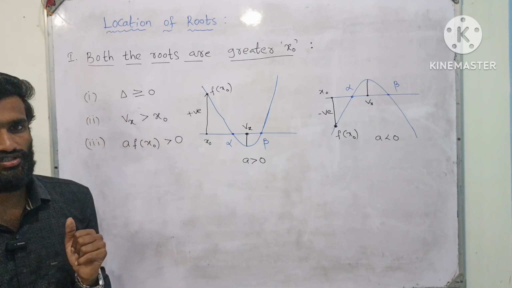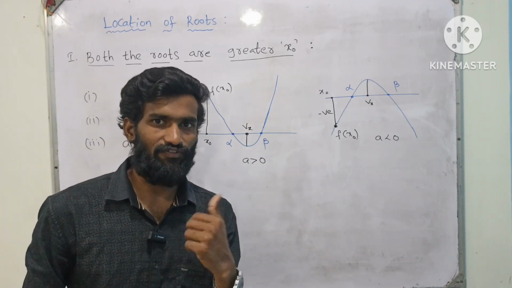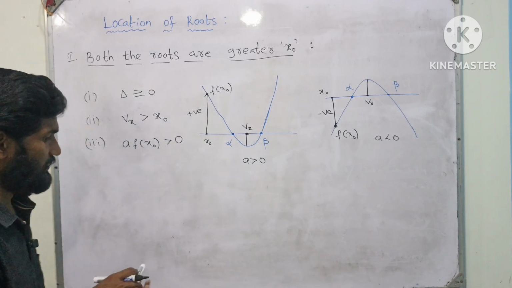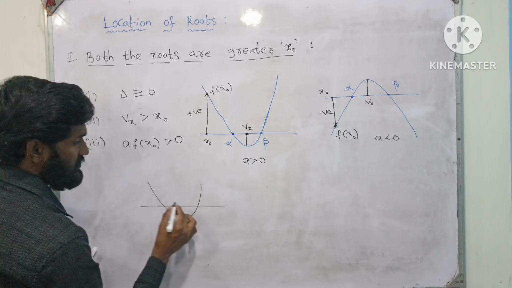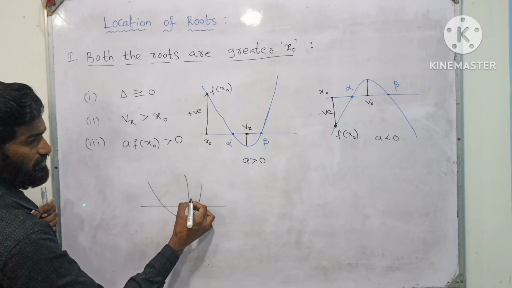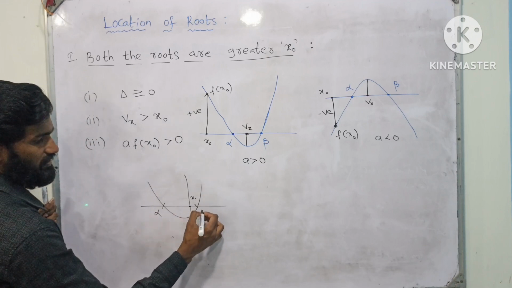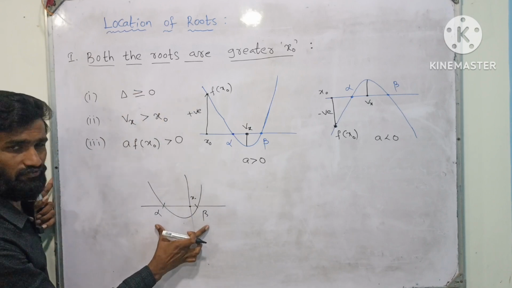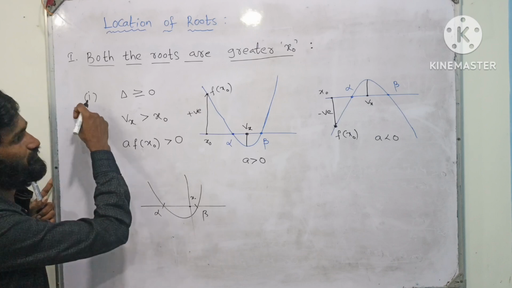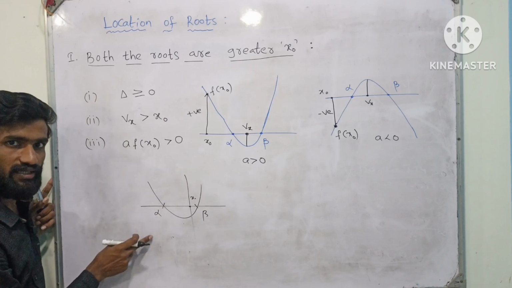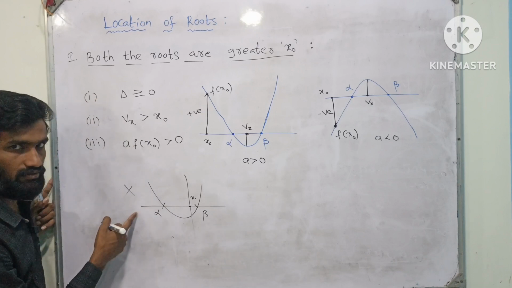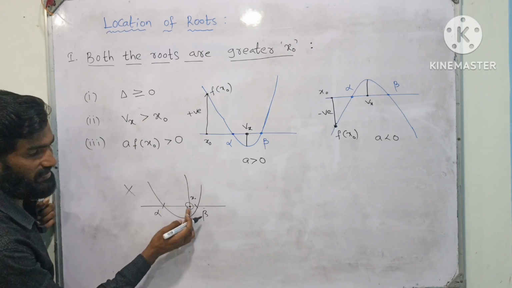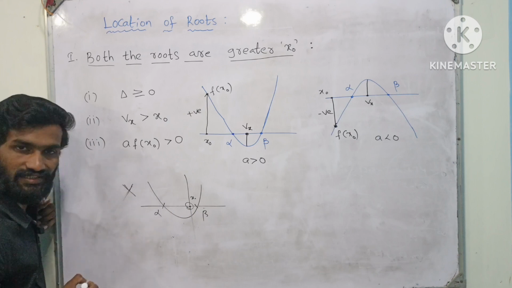And what is the second condition? If I want to eliminate the false case, here it is x naught, and it is alpha and it is beta. According to the first condition, alpha and beta, two roots are there, so it is okay, but this is not our required one. What we need is both roots greater than x naught, but here only beta is greater than x naught. If I want to eliminate this case,